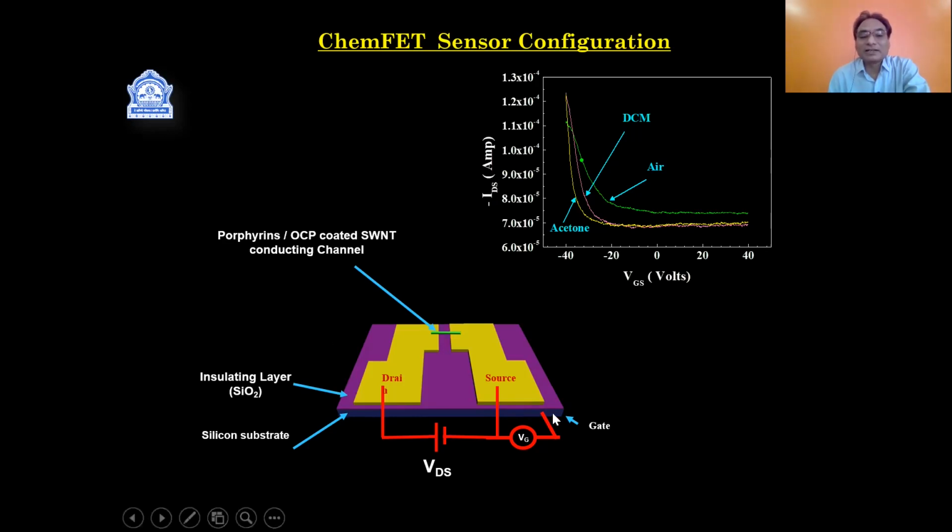So whenever you are claiming that you have developed a field effect transistor by using the desired material, what you need to do is quickly see whether you are going to have gate control on your drain to source current, right? For that purpose, the output characteristics can be studied first. For different VGS, you can modulate VDS and measure IDS. Okay, that is one. And this graph is basically the transfer characteristics.